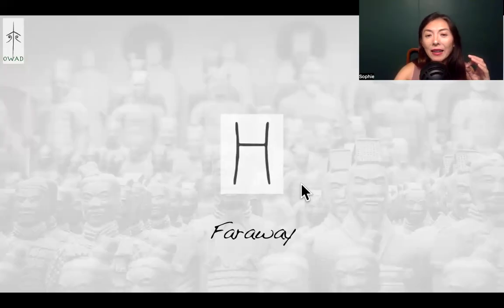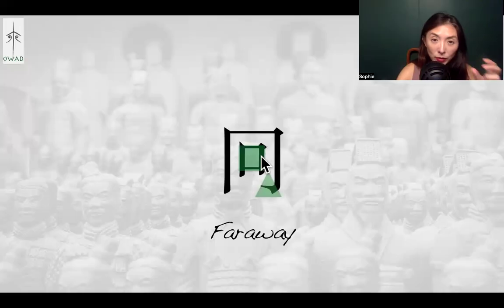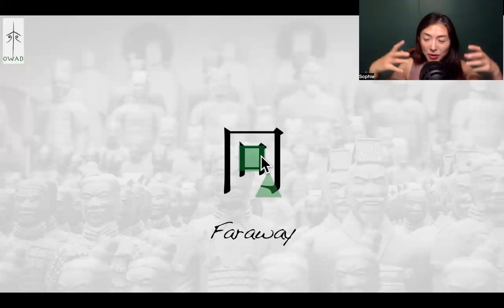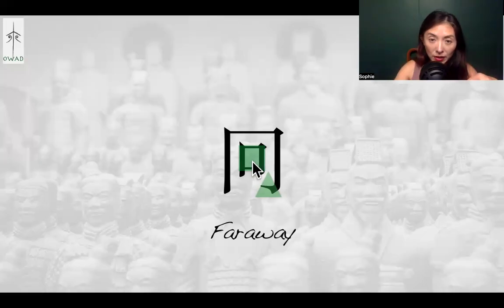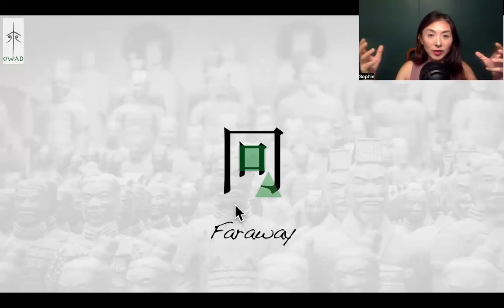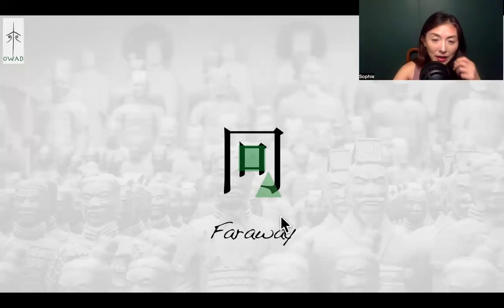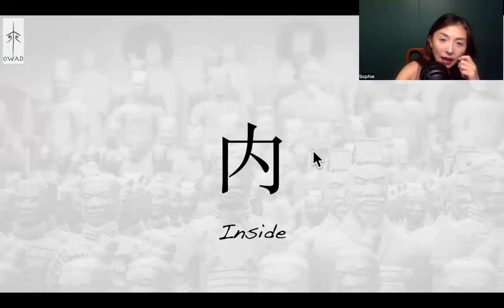And later on, people add the mouse symbol. Mouse symbol in Chinese symbolizes human. So it would be a far away place. It's beyond the farm field, beyond the forest, but it still has human activity in there. So this is the furthest away from the center of population, the cities. Okay, 内,